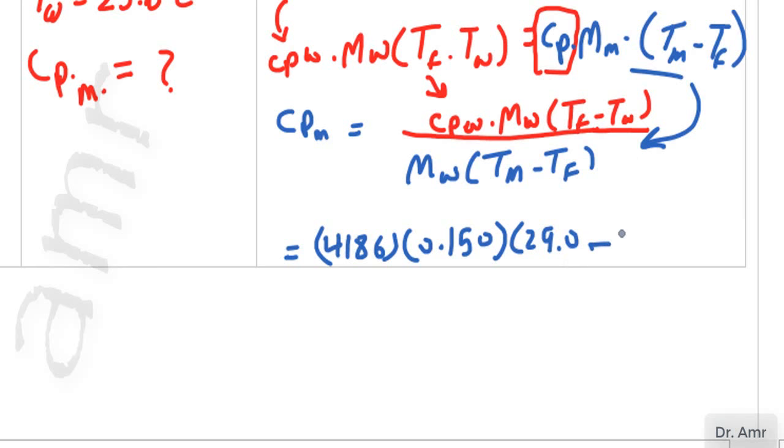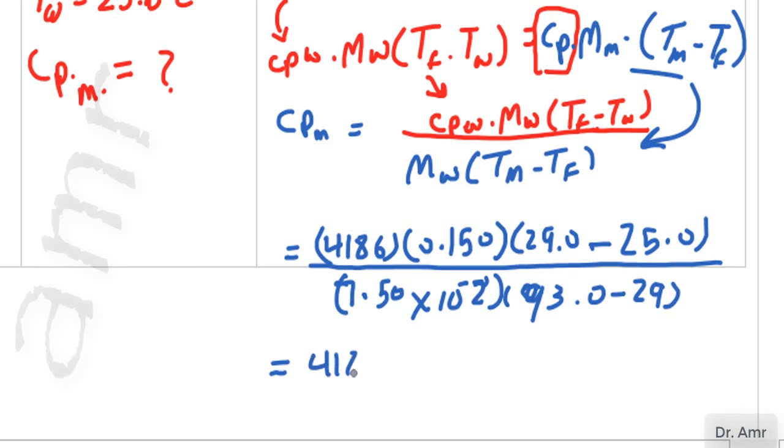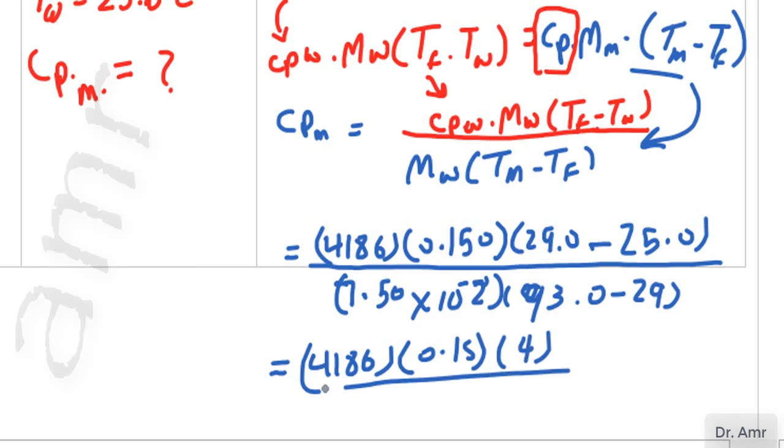minus 25.0 divided by 7.50 times 10 power negative 2 times 93.0 minus 29. يبقى equals 4186 times 0.15 times 4 divided by